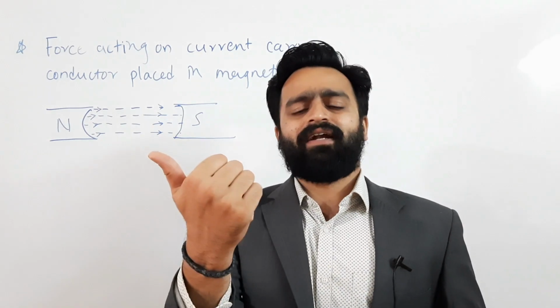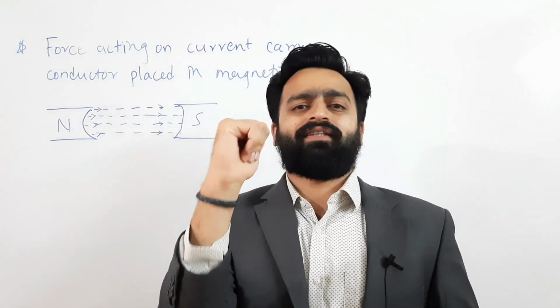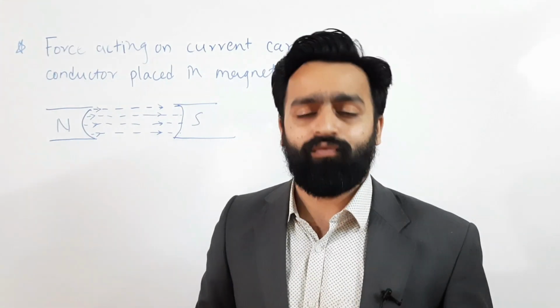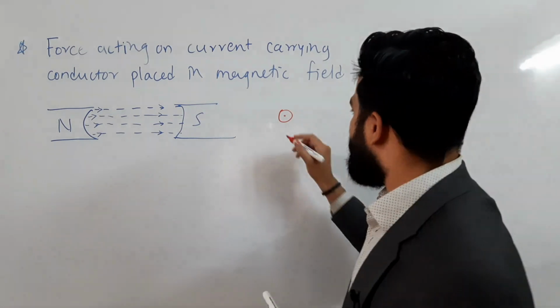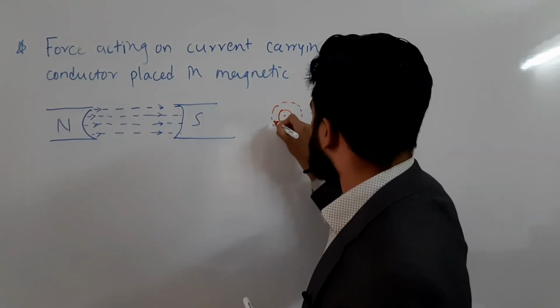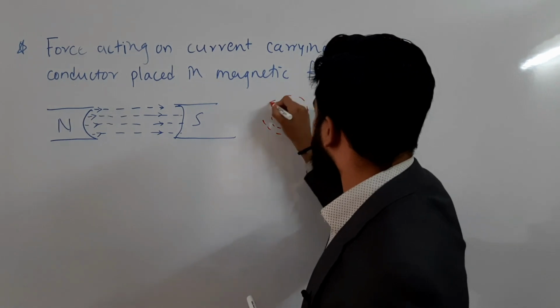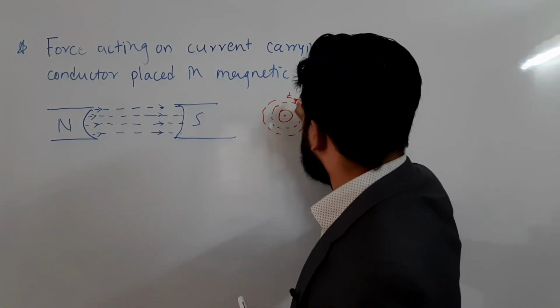So I can use right hand thumb rule, thumb pointing towards me. So what it means, the magnetic lines of force will move in anti-clockwise direction. So I'll show magnetic lines of force of this conductor produced due to current flowing through this conductor. So anti-clockwise means this direction,